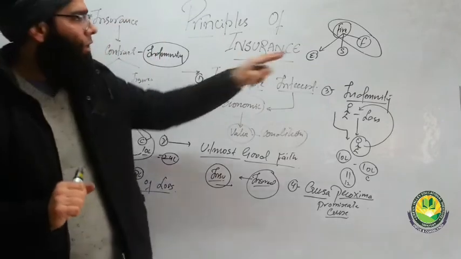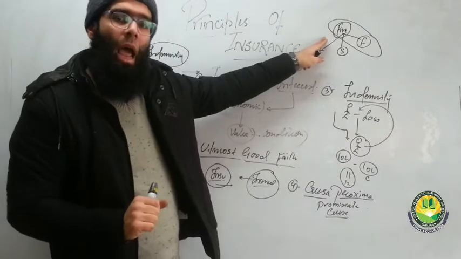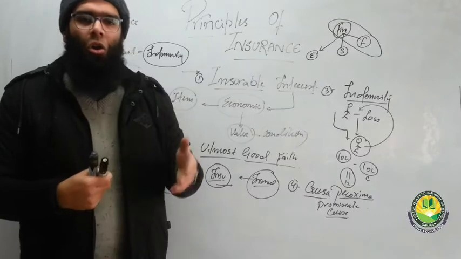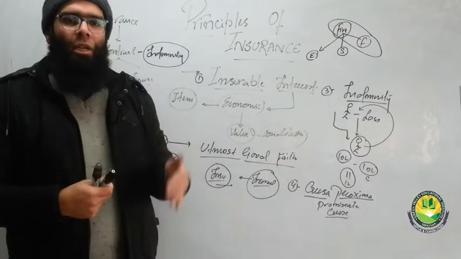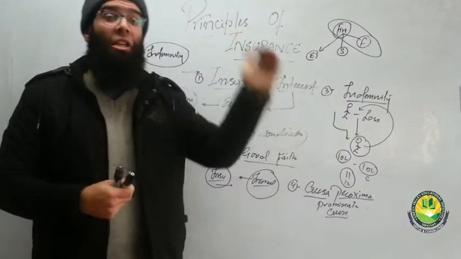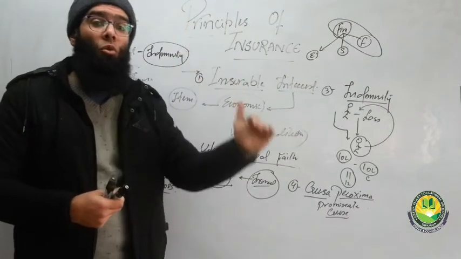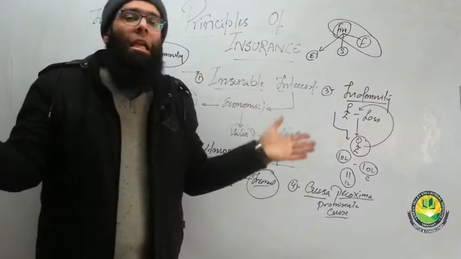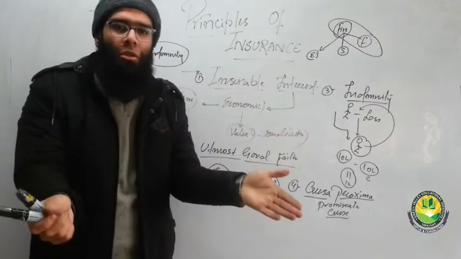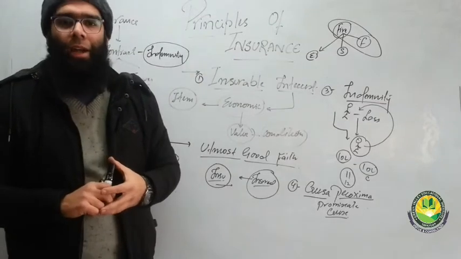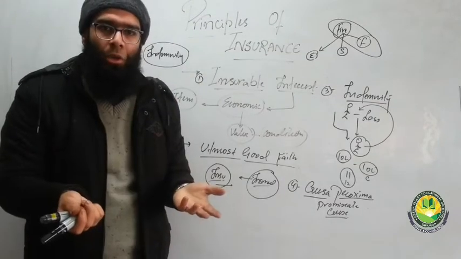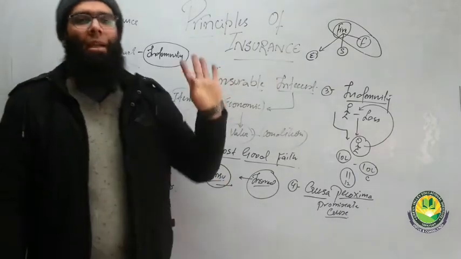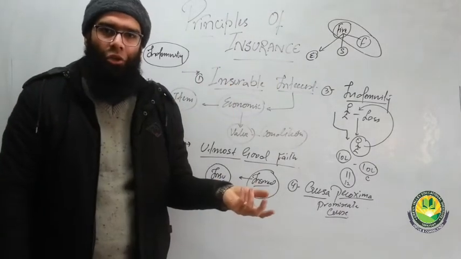Supposedly, if I have taken up the fire insurance and I have not installed proper wires, I have not installed proper circuit breakers, I have not installed certain measures which can stop or even reduce the possibility of fire. So I have not taken any step to reduce the initiation of fire damage or causing of fire. So I have not mitigated the loss. All I have done is left the building as such. Yes, I know I have insurance.